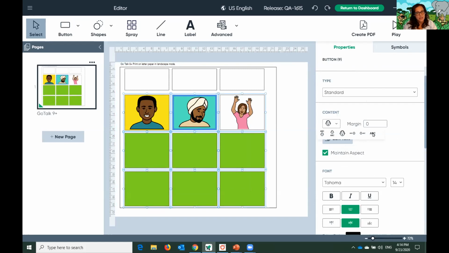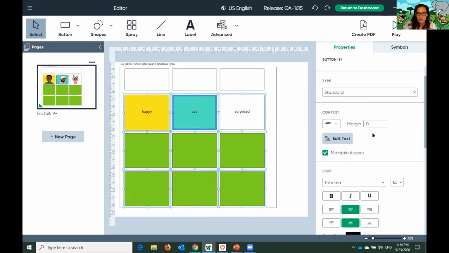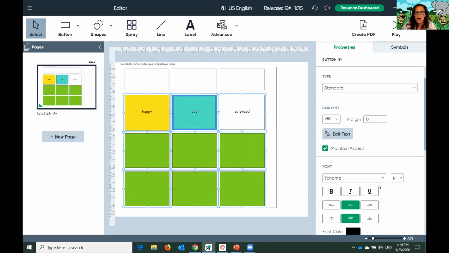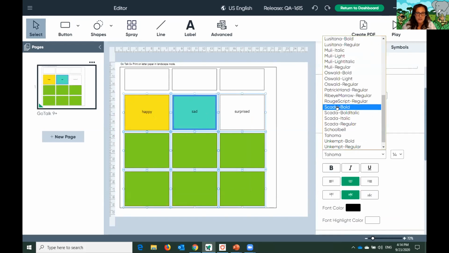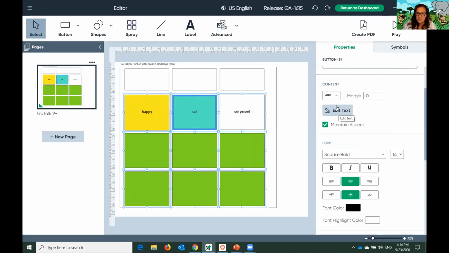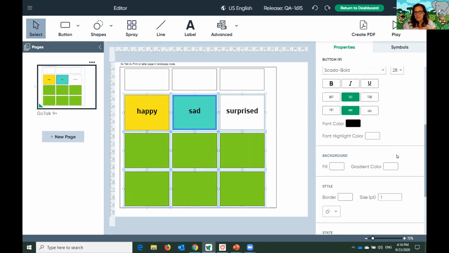And again, I can do that cell by cell, or as you see me doing, the entire selection. I can change to different fonts, and there's many more fonts available than what you might have had in things like Boardmaker Online. I can change the color and the orientation, all that kind of stuff. So lots of really cool things to